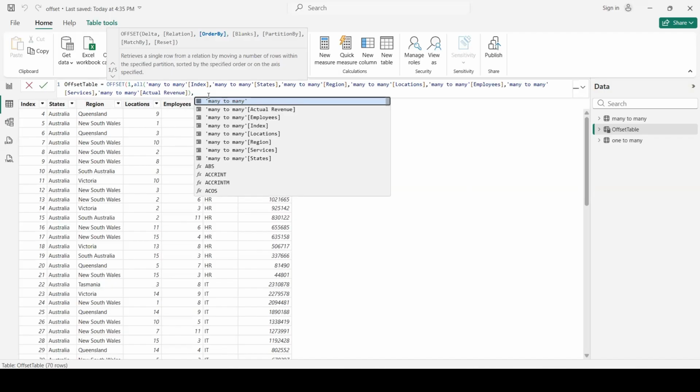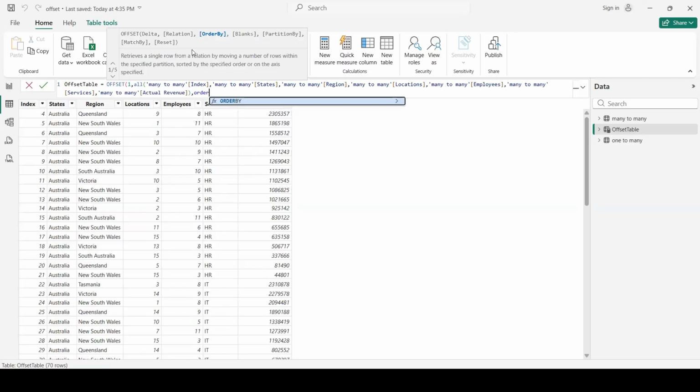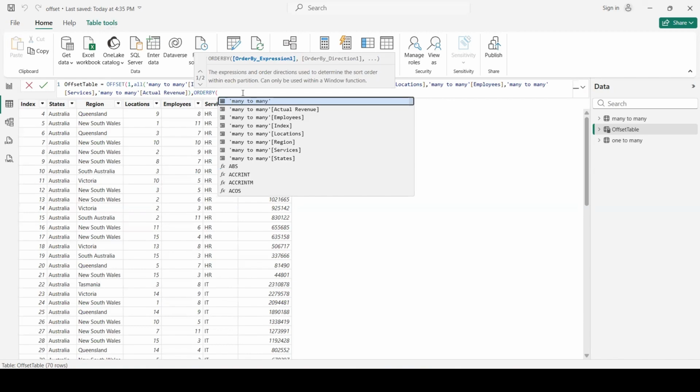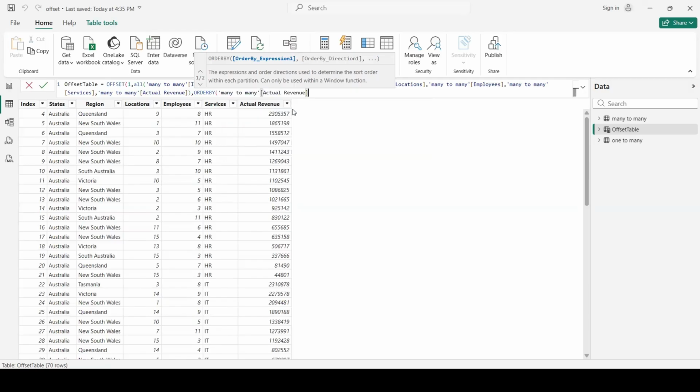by revenue, and also in descending order. We want to take out the first highest value from each category, as we did in the first scenario, one to many. We just need to mention here order by, and then we say many to many, the name of the table, and we look for actual revenue.